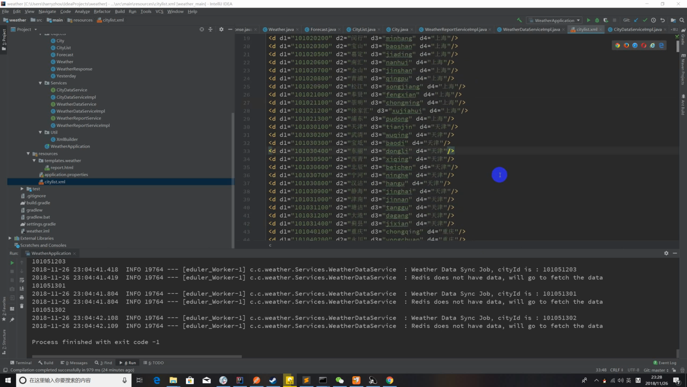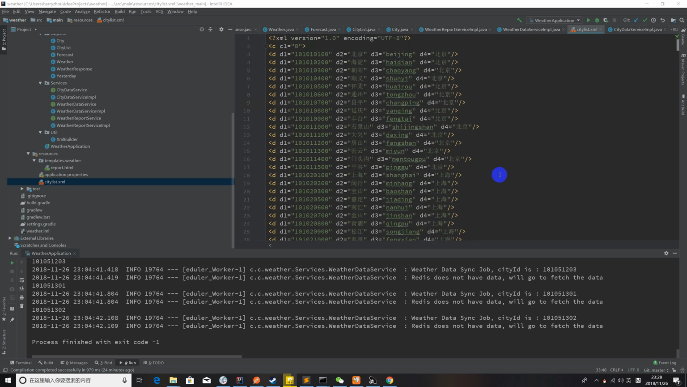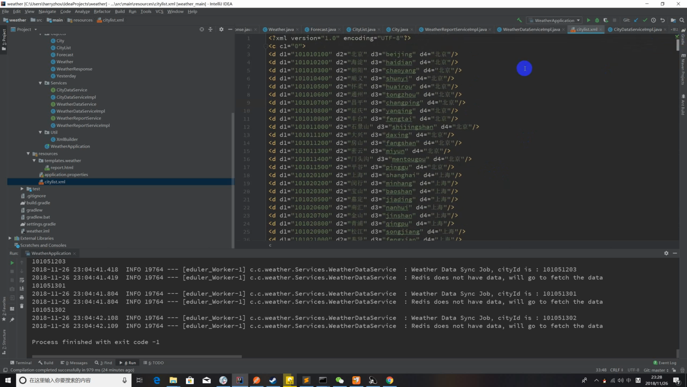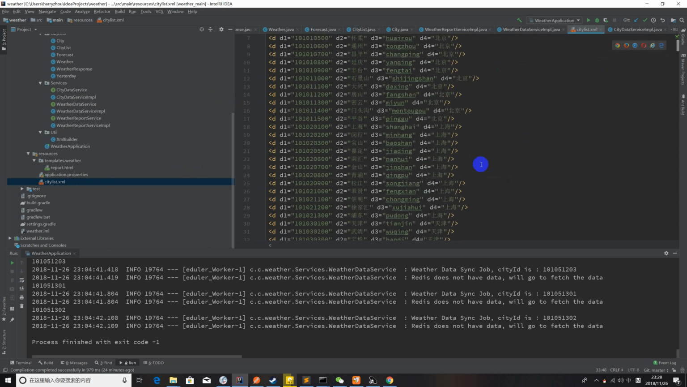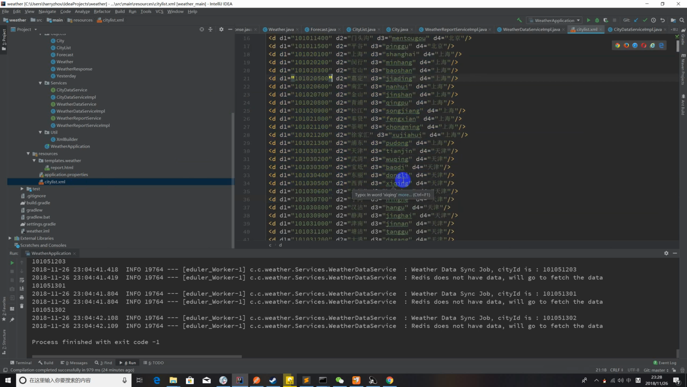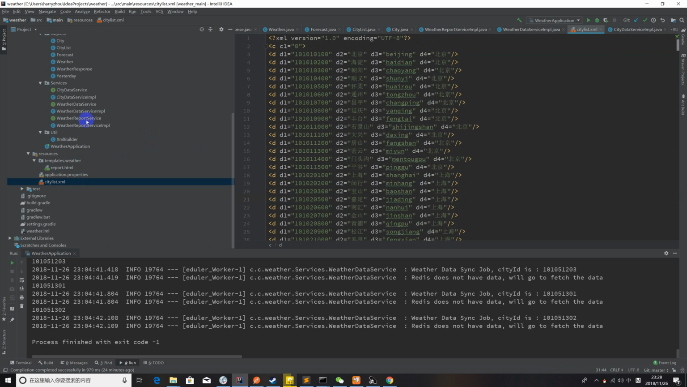Since the API I used only supports the cities in China, I first get a list of the cities and provinces in China, and here are the city IDs of those cities. So after that,